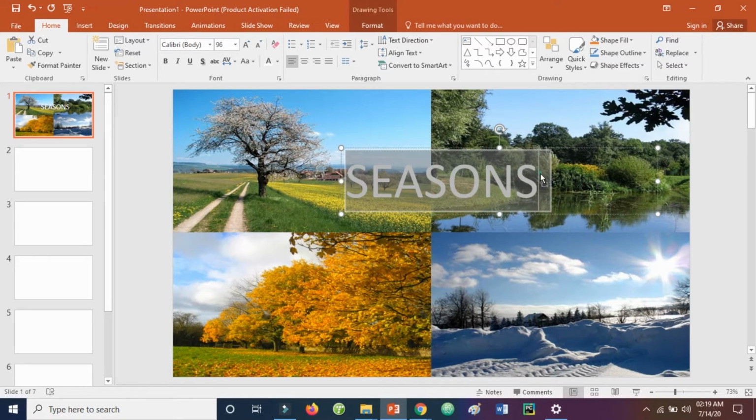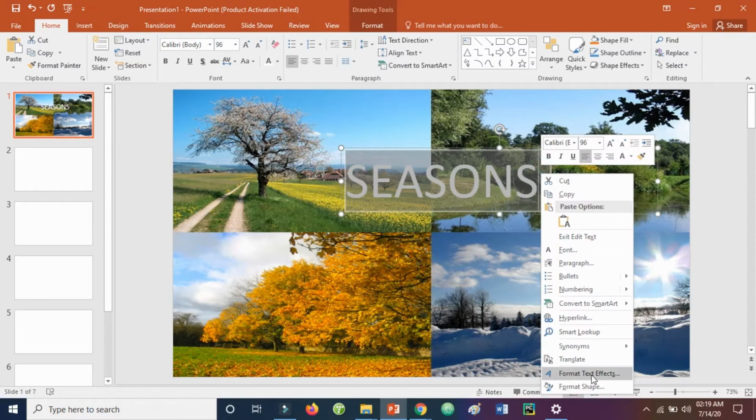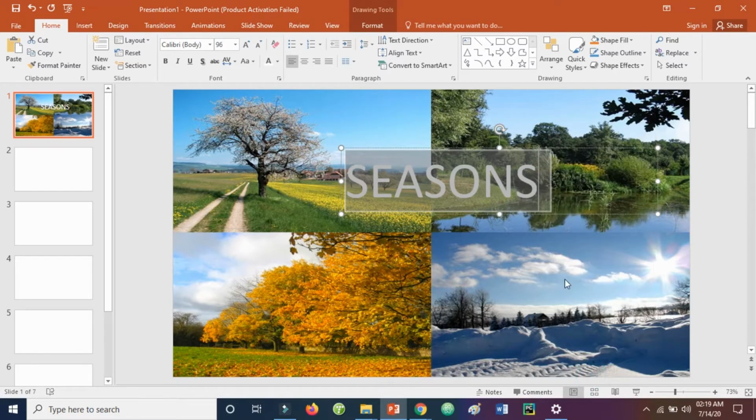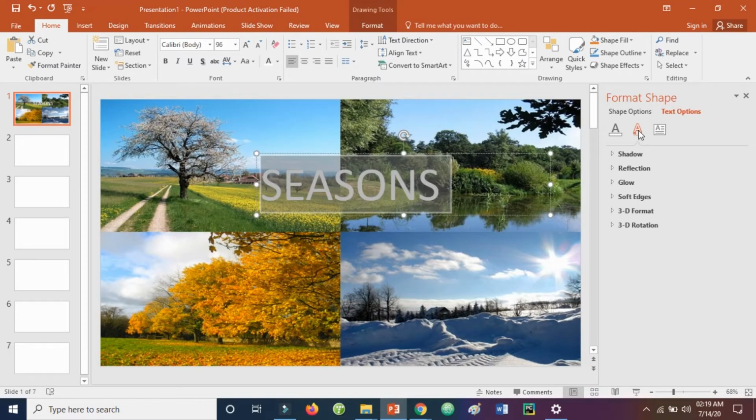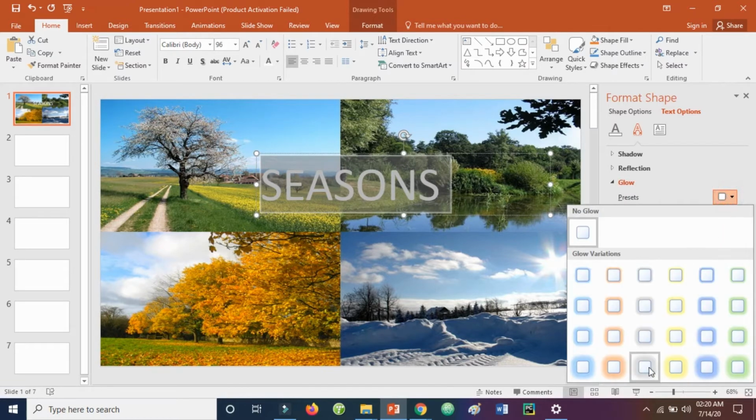We have to select format text and effect, right click on it, and then we have this glow option here. The middle part here, you can change the text fill and text outline, and here all the design options, and here the other options. So we're going to go with the glow and yellow,